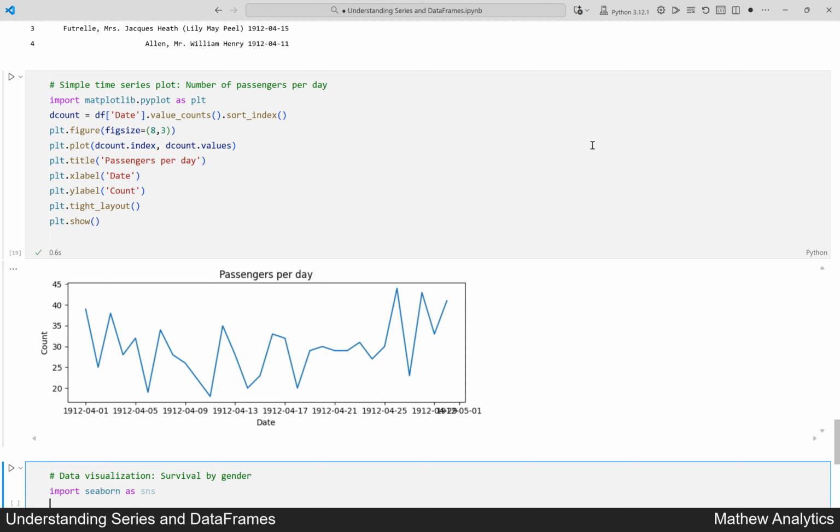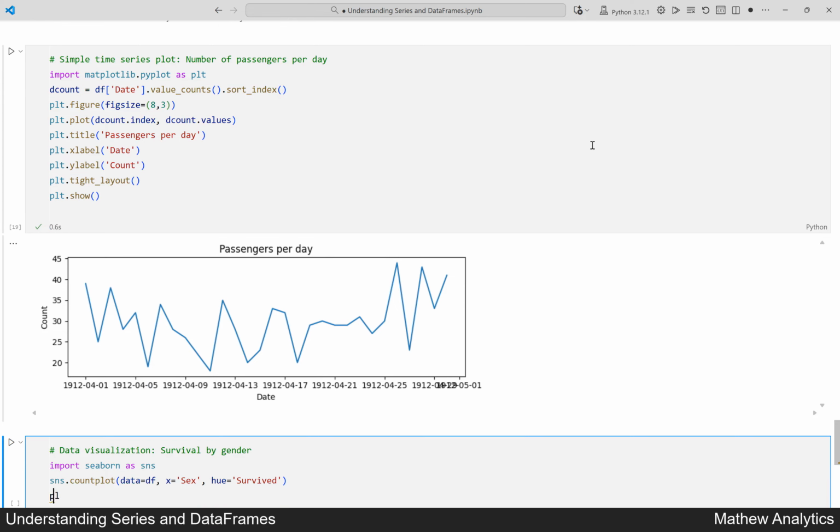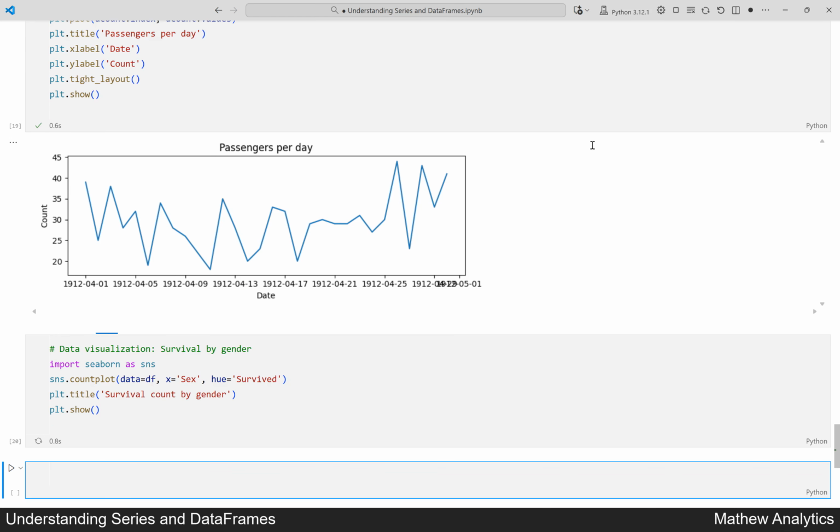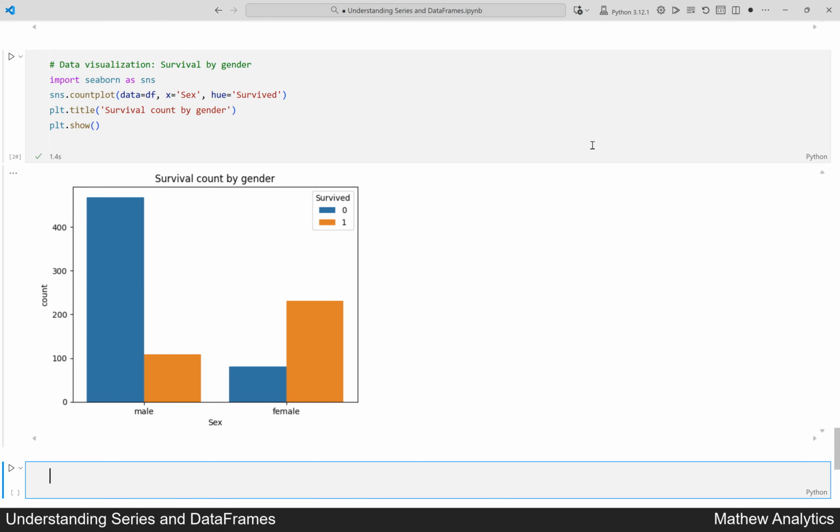We generate a count plot showing the number of passengers by gender, separated by survival status. We add a title to the plot to clearly explain what the chart represents. We display the plot on the screen so we can see the visualization. Running the cell now. This count plot visualizes the number of survivors and non-survivors separated by gender in the Titanic